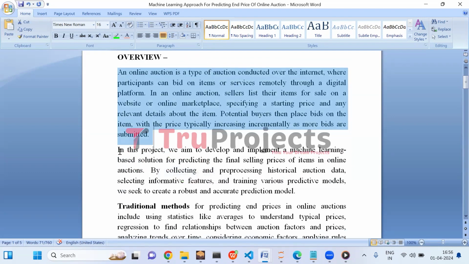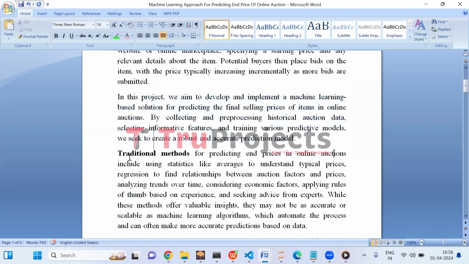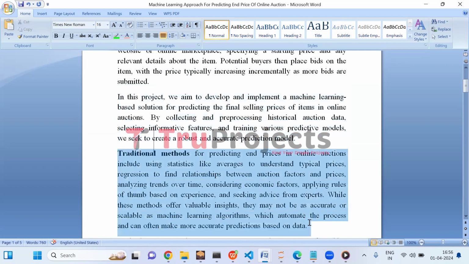In this project, we aim to predict the end price of online auction using machine learning algorithms. Traditional methods for predicting online auction involve manual analysis, statistical techniques, expert advice, and trial and error strategies.